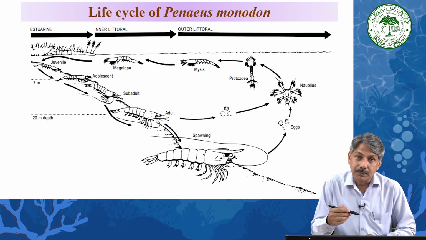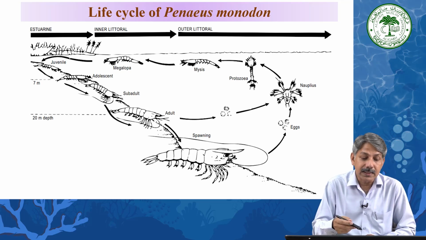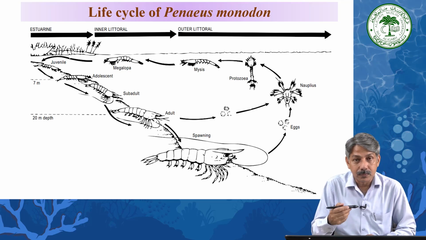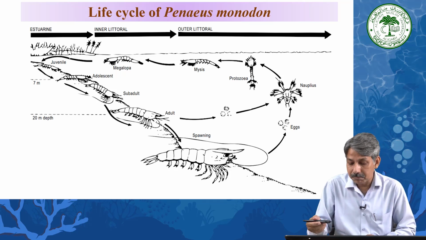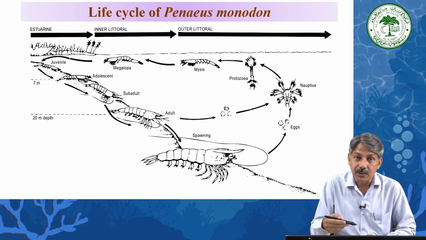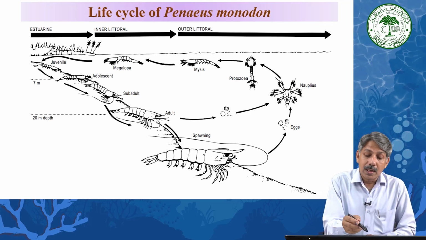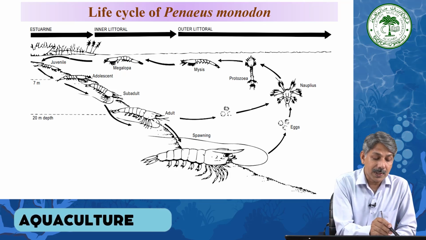In this diagram, which has again been taken from a source, if a reference has not been provided, it may be given at the end of the slides or the end of the lecture. Life cycle of Penaeus monodon: if you start right from the juvenile stage,